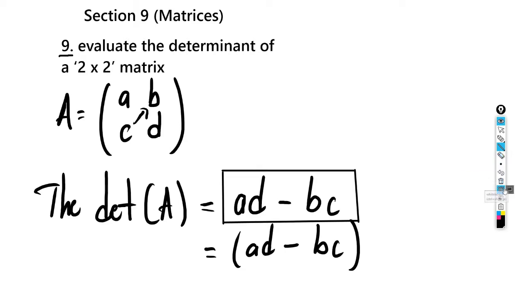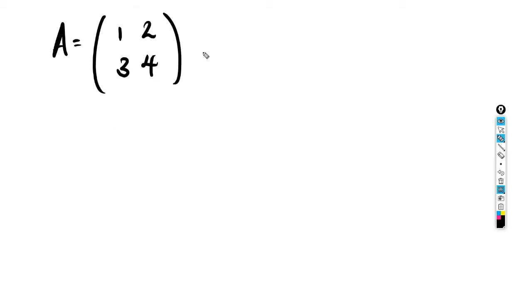Let's clear the screen here, and let's do an example. Let's do a real life example. I think it's always good to do 3 examples. It's always good to try 3 times, sometimes more than 3 times if you can. So let's say A is equal to 1, 2, 3, 4. I think that's pretty simple, pretty easy to find. And the question says find